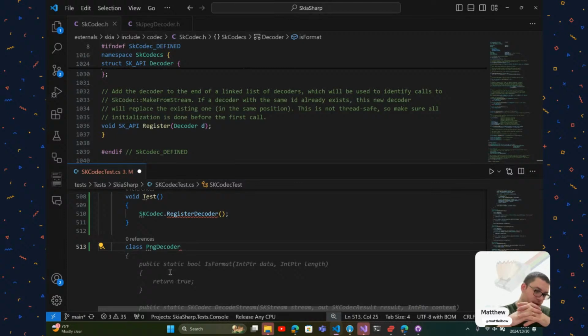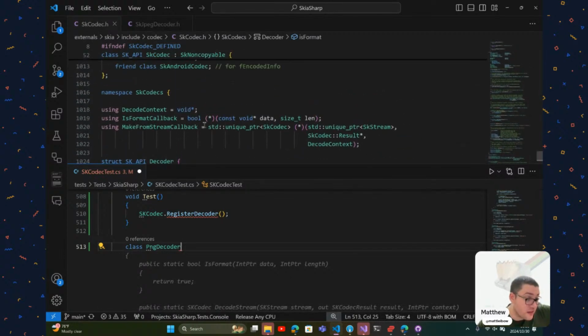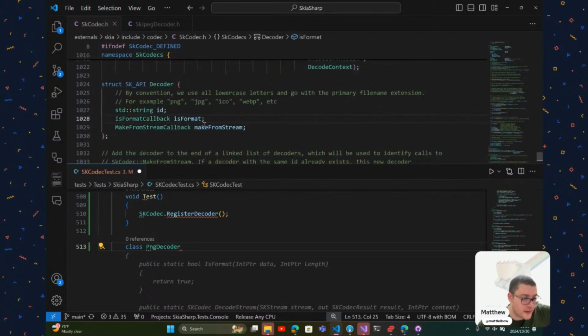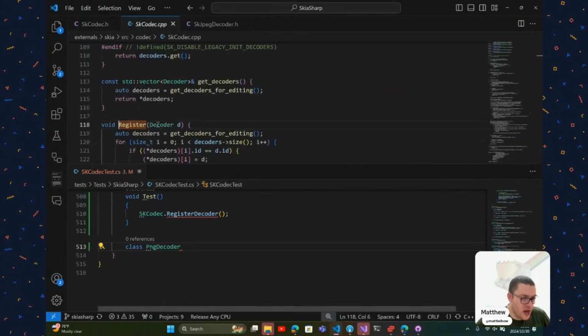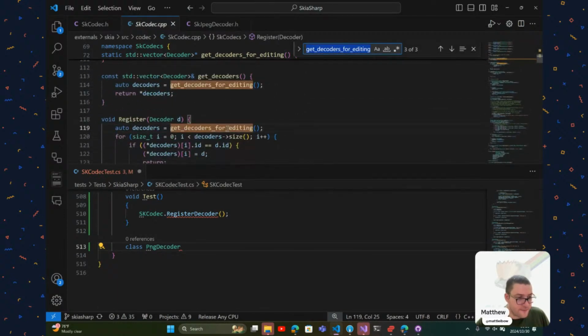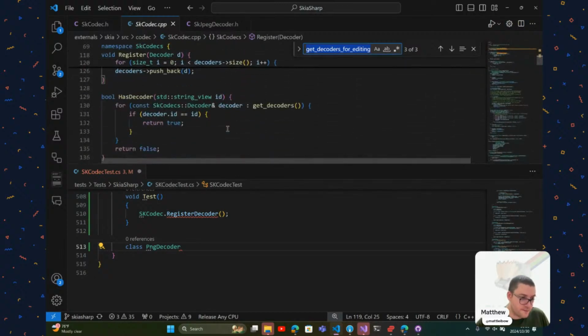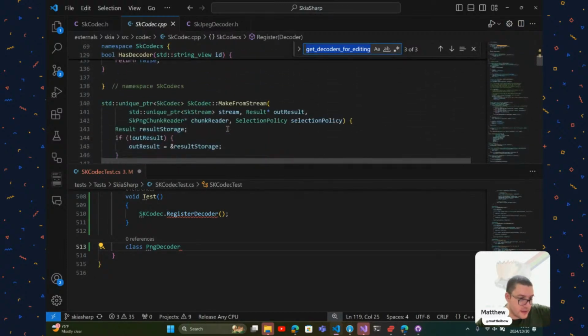See, the GC is going to collect it. Register decoder, and this lives forever because we can never unregister it. So I can just pin it. I mean, I don't have to pin it, but if I have PNG decoder, you can never unregister. That's it, right? You can never unregister. So as decoder,